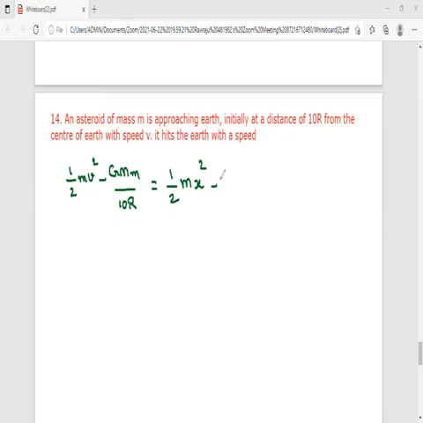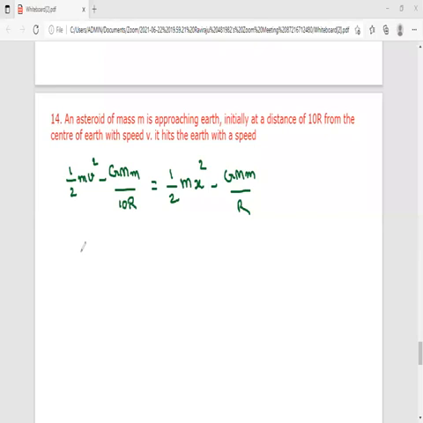That you have to calculate. And what is the potential energy on the surface of Earth? Minus G M m by R. So from this relation only you have to find out the X value. Now, in all the factors here, small m will be cancelled. No? Small m will be cancelled everywhere. And you better multiply everything with 2. Half and half will get cancelled then. Then you can cancel small m values everywhere and multiply with 2.